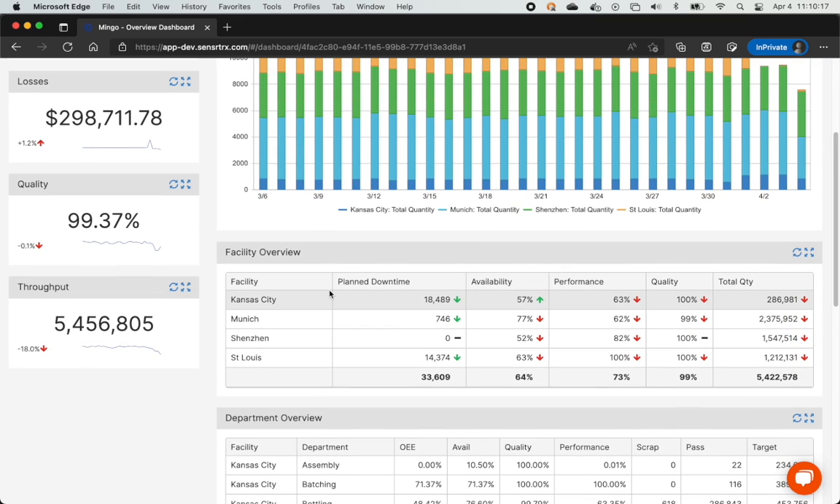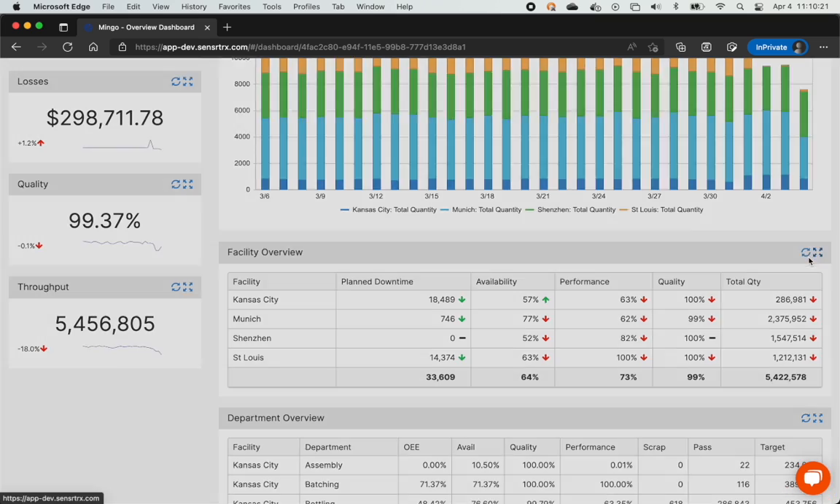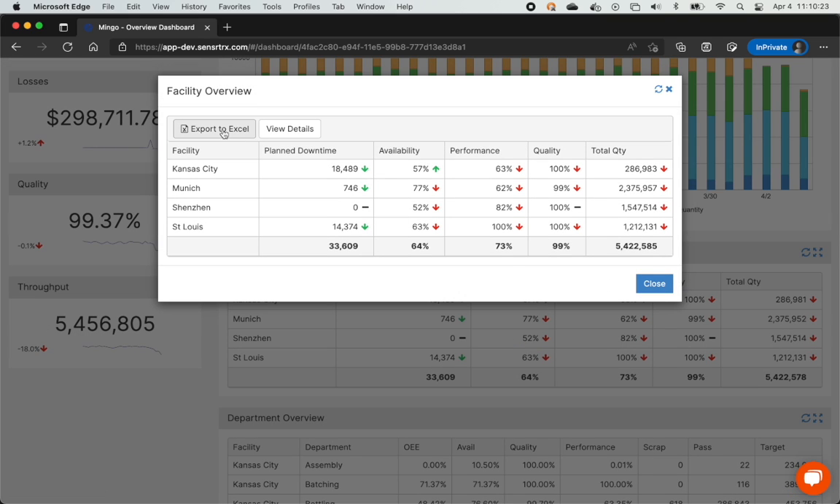Let's say I'm looking at a table and I want to export this summarized data. I can click on the expand icon and then click export to Excel. And again, it'll look like what you see here. Only difference is you don't have the up and down arrows in Excel, but you have the rest of the